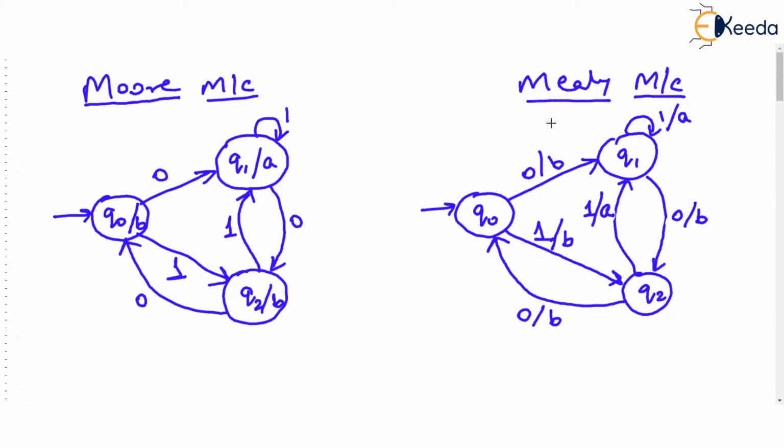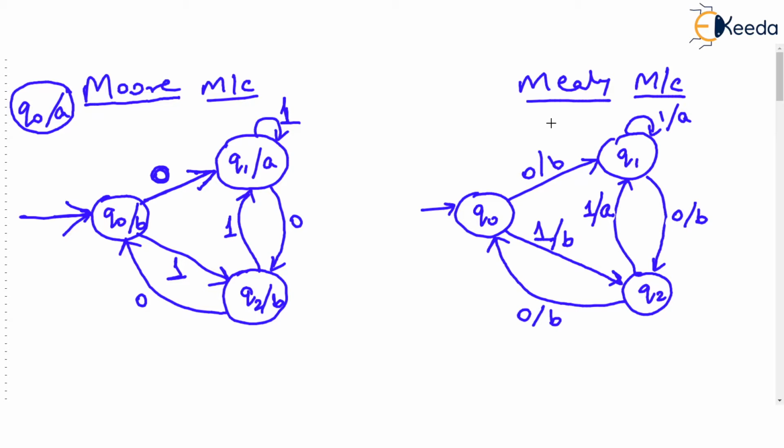Now, let's see the working of the Moore machine given over here. As you see, there are three states Q0, Q1, Q2, with Q0 being the initial state and no final state. As you know, Moore and Mealy machines do not have final states. The output symbols over here are a, b because they are written inside the state. As an example, q0/a is written inside the state, or q2/b is written inside the q2 state. So the output symbols are a, b and the input symbols are 0, 1 because they are written on the transitions.